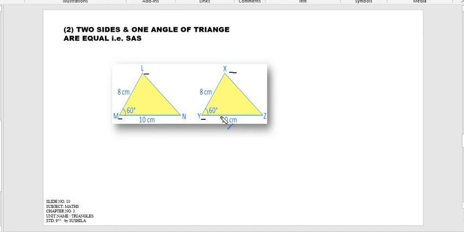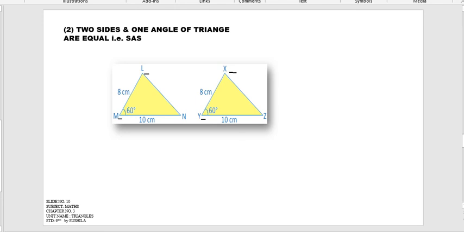Similarly, you have to put it in a different condition also. That is, whether instead of SAS, SSA works or not. Think about it creatively, and it is a type of creative activity. By applying this type of condition in a different manner, you can come to the conclusion whether it is applicable for congruency of a triangle or not, right? Now